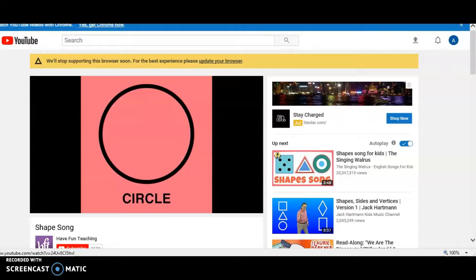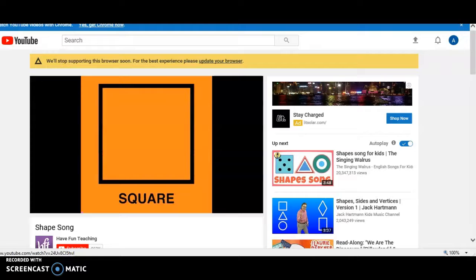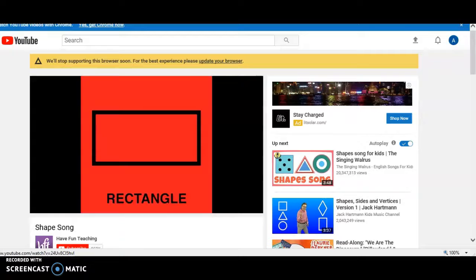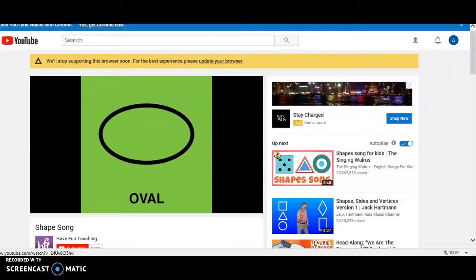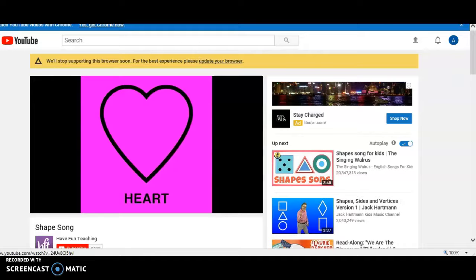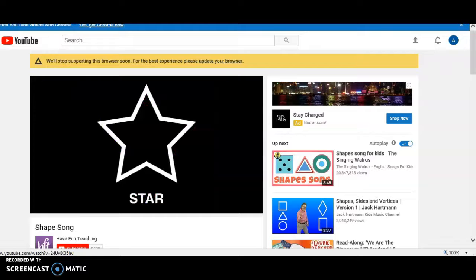Circle, square, triangle, rectangle, oval, diamond, heart, star.